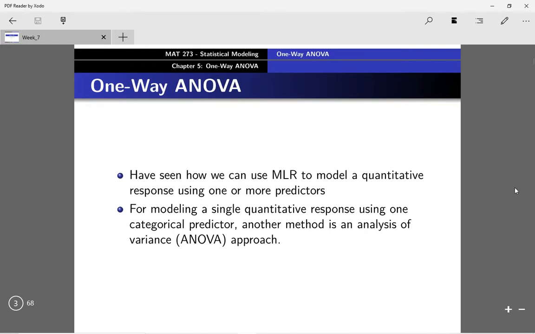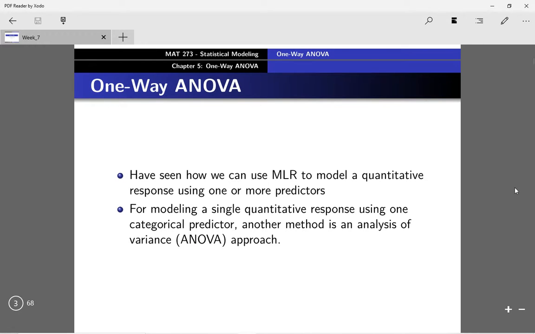And actually, this is a very specific case of multiple linear regression. So they're entirely equivalent in their results, in that you'll get the same conclusions using a linear regression model where you have just the same quantitative response and a single categorical predictor. So you might ask fairly, why do we even bother learning Anova then if it's already covered by multiple linear regression? Multiple linear regression is just a generalization of it. Well,